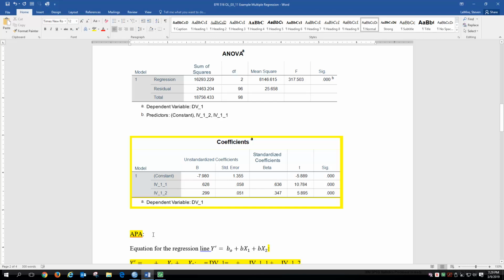So it's a t with degrees of freedom from the ANOVA table, 96, equals, so we're on IV11, the t value is equal to 10.784, comma, and then here we see p is less than 0.05